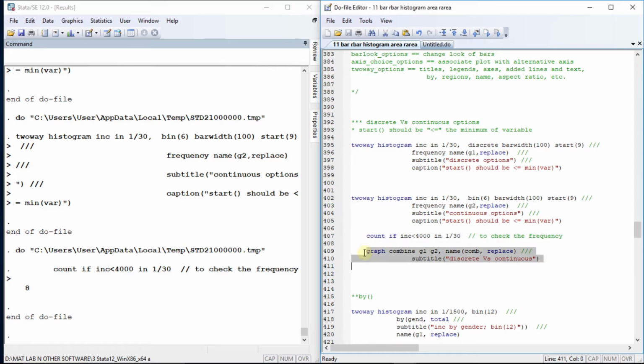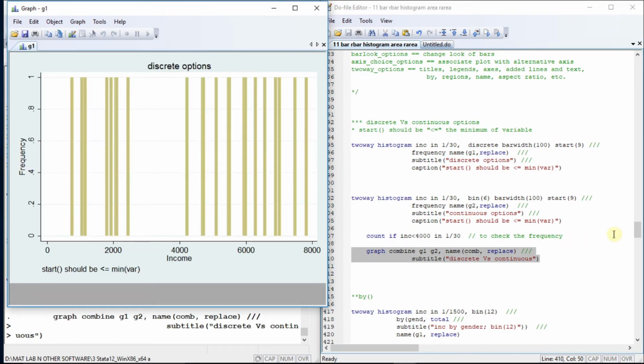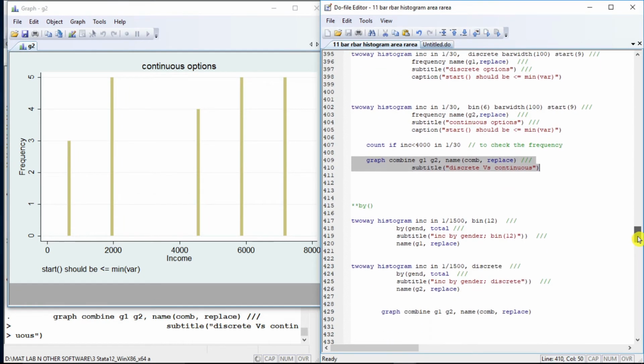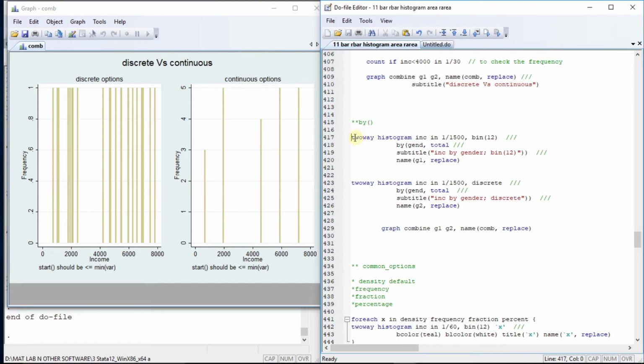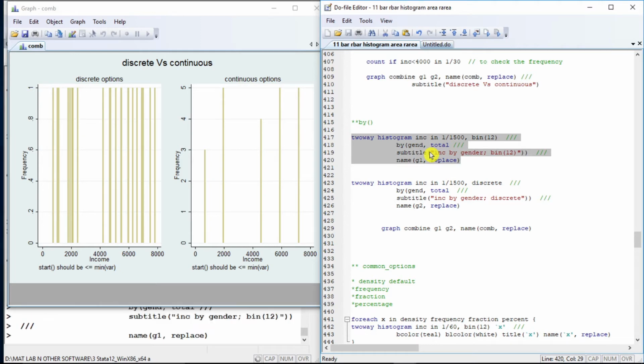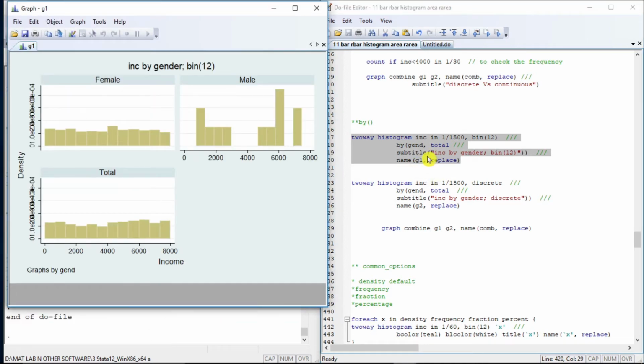Once we combine it, we see the differences, and this is very simple by now. Yeah, this is the result of combination. Discrete option and y-axis, we mentioned frequency, so this is the skeleton frequency, again frequency but continuous. So the difference, and we can always plot the histogram by certain categories. By gender, let's plot the histogram, and we have a specified gender and total. This is bin, so this is the continuous result of